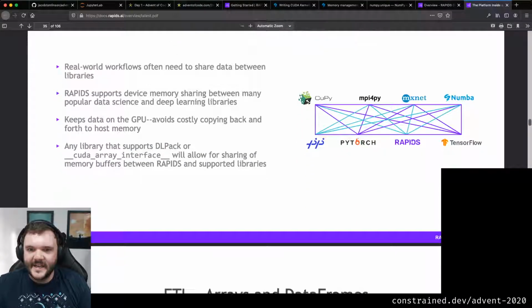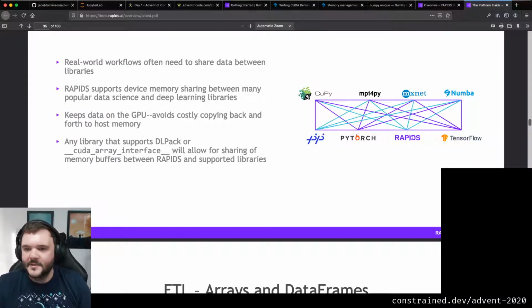These libraries here, CuPy, mpi4py, MXNet, Numba, PyTorch, TensorFlow, etc., can all cast one array or tensor object to another type without copying it off the GPU. So you could load in some data with CuPy straight from disk, do some manipulation with it, and then using the CUDA array interface, convert it to a TensorFlow tensor without doing anything with the data. The data just stays exactly the same on the GPU, and then you can switch over to using TensorFlow.